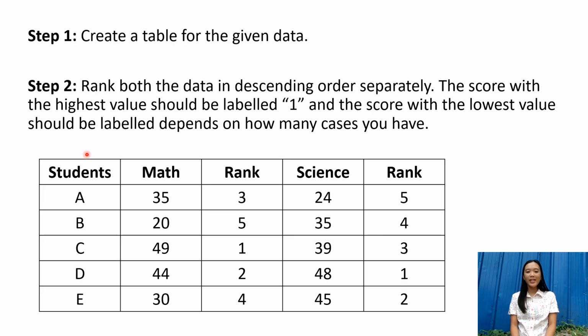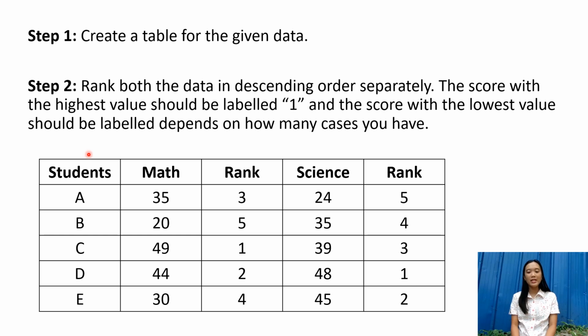Step 1. Create the table for the given data. Since the first example already has the given table, let's proceed to step 2. Rank both data in descending order separately. The score with the highest value should be labeled 1, and the score with the lowest value should be labeled